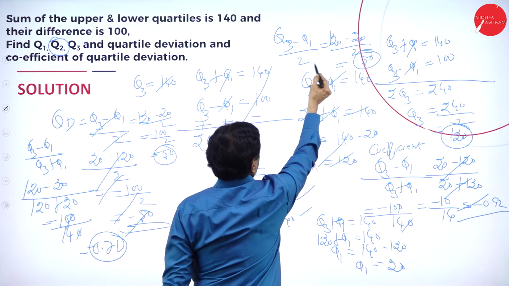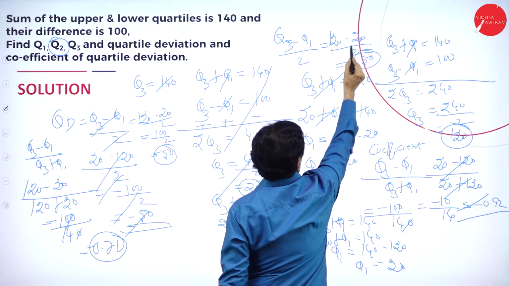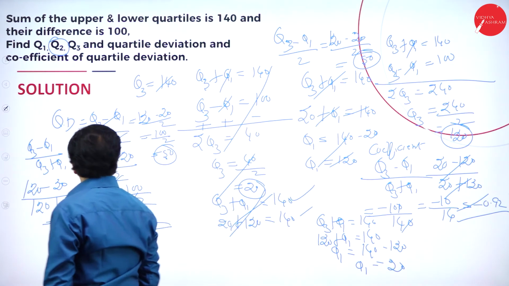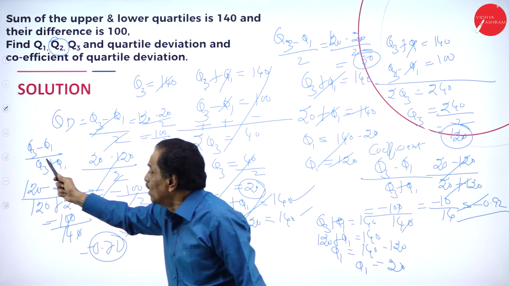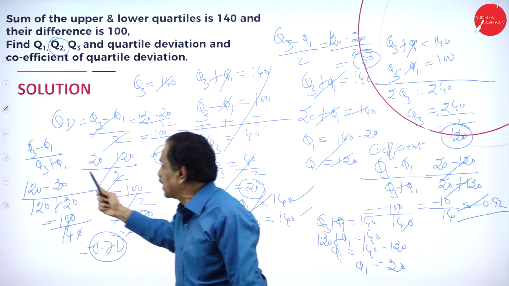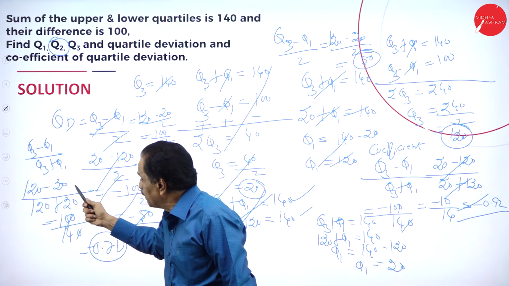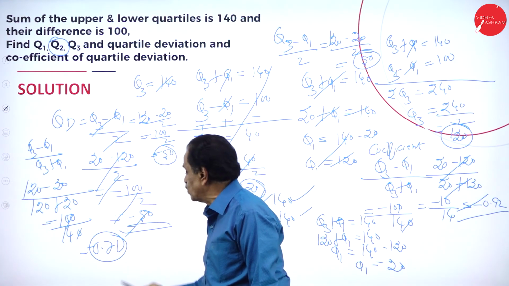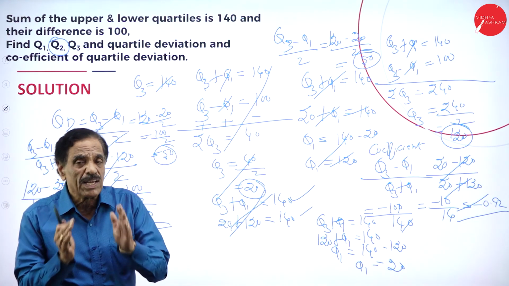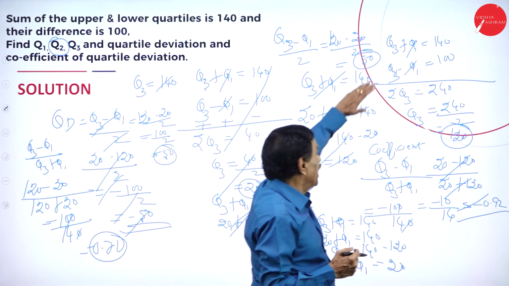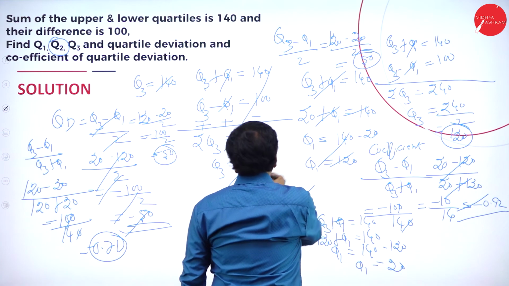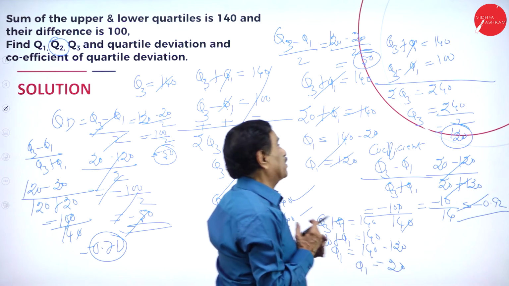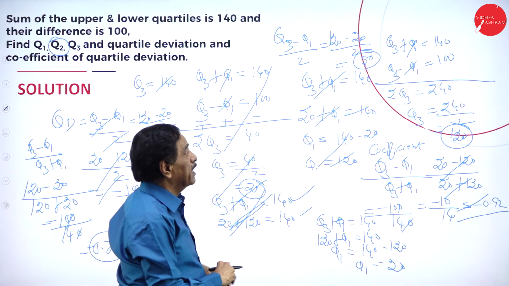Application. Quartile deviation is equal to Q3 minus Q1 divided by 2. 120 minus 20. You already got the 20, divided by 2. That works out 50. If we go with the coefficient of quartile deviation, Q3 minus Q1 divided by Q3 plus Q1. So 120 minus 20, 120 plus 20. This is 100 divided by 140. It works out 0.71. So while you're adding now, don't get confused here. Add the figure. I'm adding the figure. Don't take this now. Add the figure. Once again, add the figure. Q3 plus Q1 is 140. Then Q3 minus Q1 is 100.